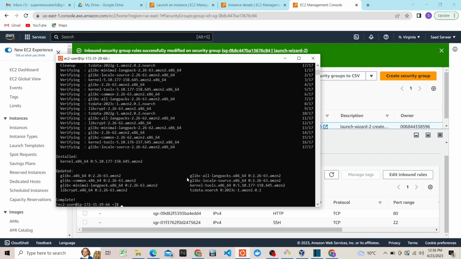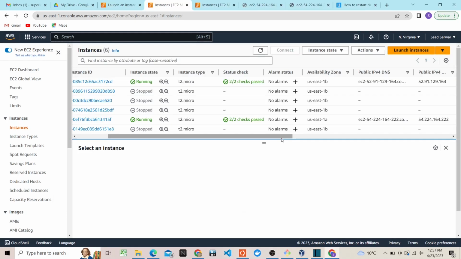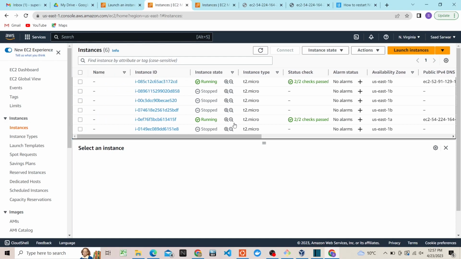Okay, so that's completed now. These are the files that are already there. Now I am going to go into the host node from my managed node. We had already initialized an instance, and the instance is running, and we have our control node with the